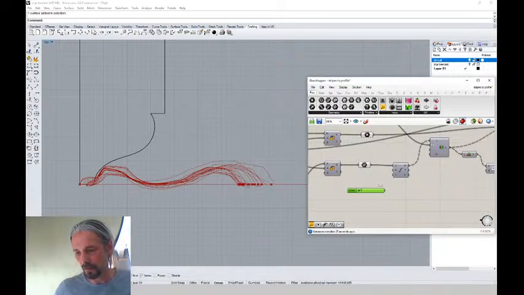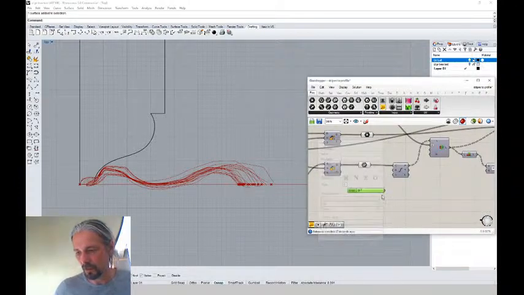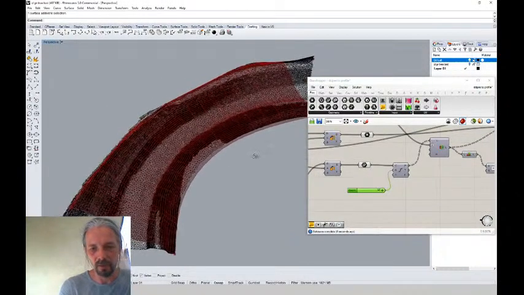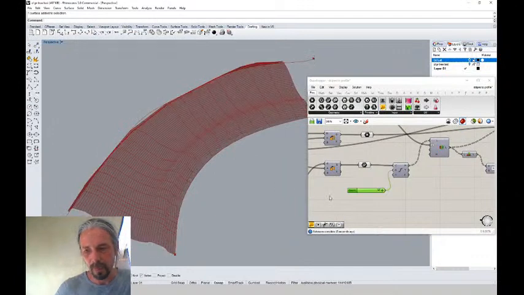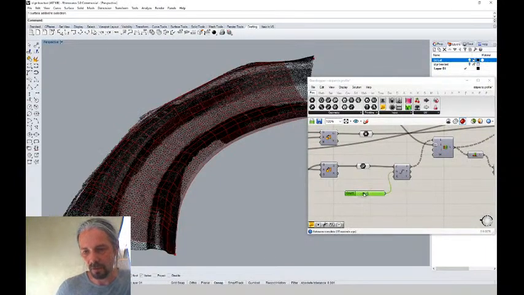Okay, and now the one is the limit here. So let's have a look at the perspective here. So you see what we are doing here is we simplify our mesh, and it is pretty close to our mesh. So this is kind of a parametrical approach,